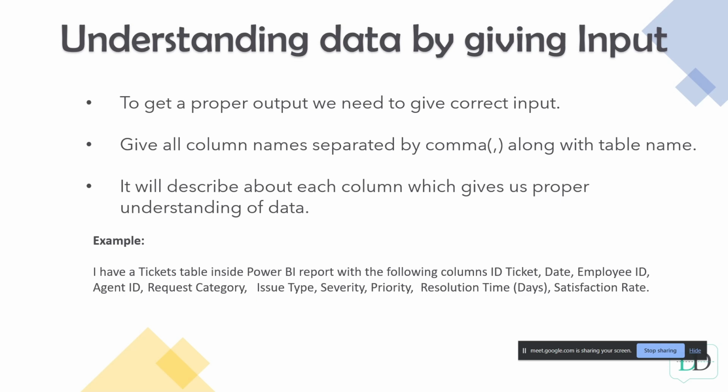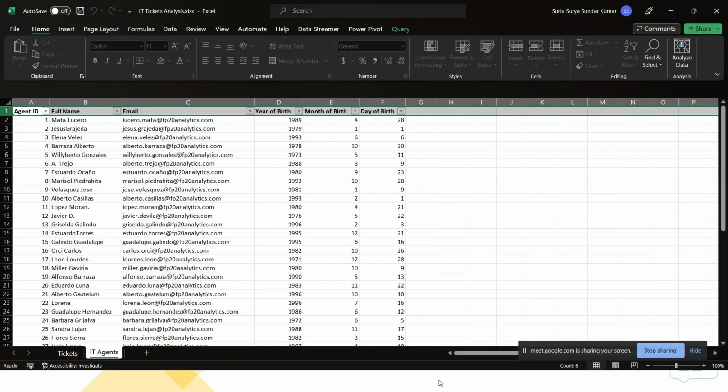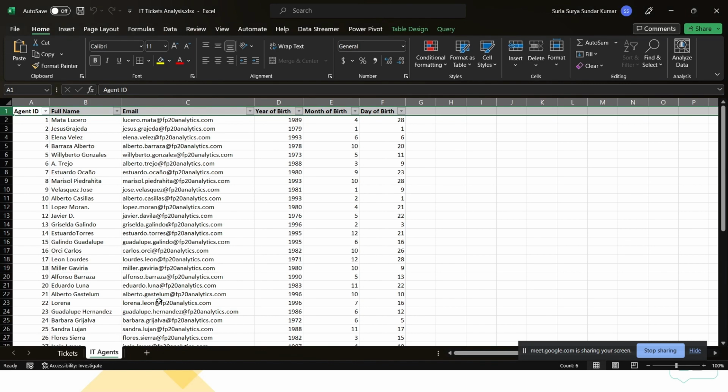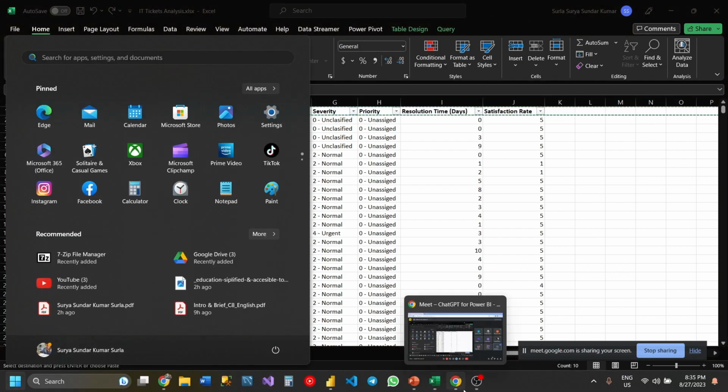So what should we do for this? Suppose I'm considering my new challenge dataset which I got from FP20 Analytics. If you observe, here we have two tables. One is the tickets table and another is the agents table. From this table, I'm just copying the column headers of the table and going to ChatGPT